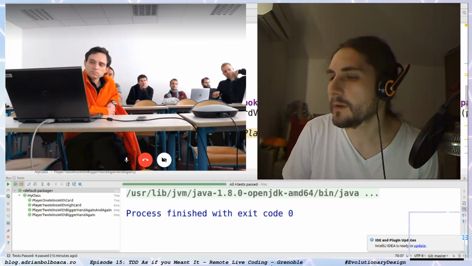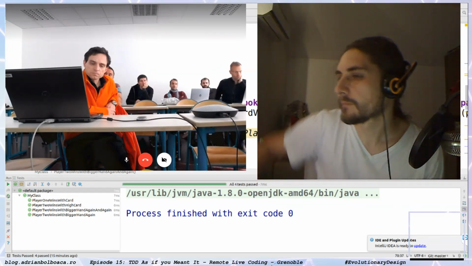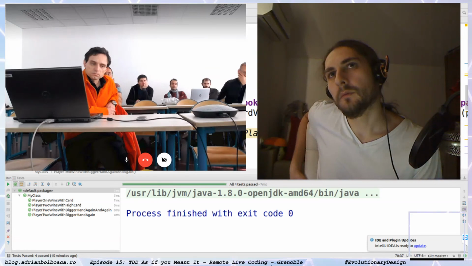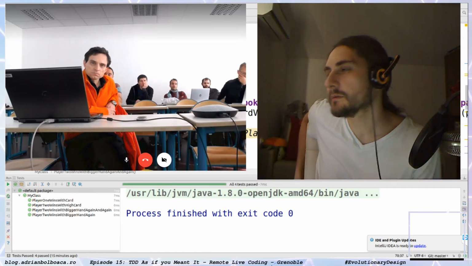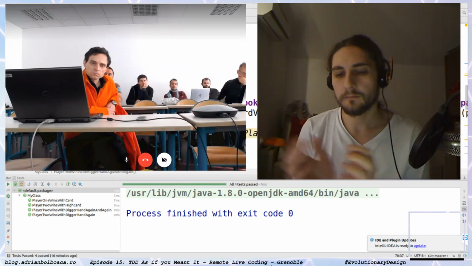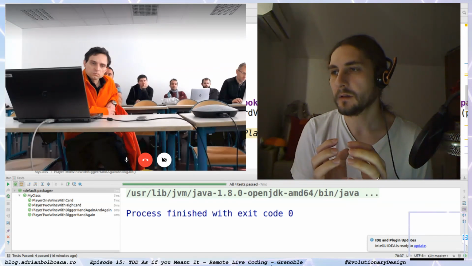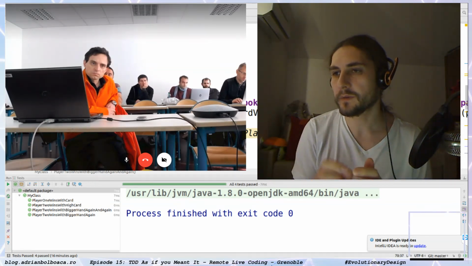But the thing is that you don't need that too often. I don't use this too often with legacy code. I just use it as it is here when I surround the code I want to change,